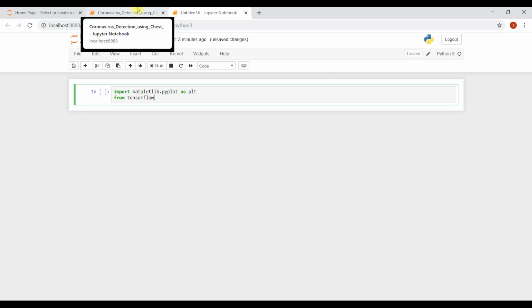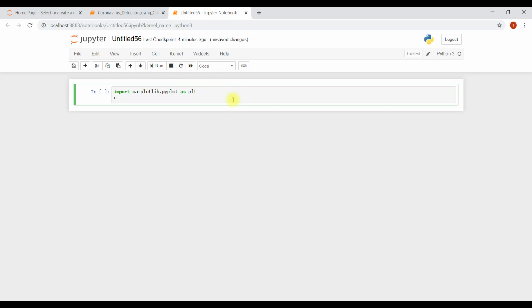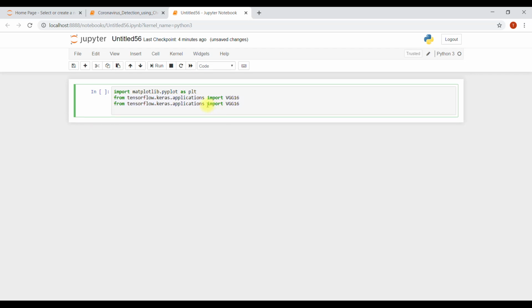Basically from tensorflow.keras.applications, write it with me, import VGG 16, and from preprocessing dot image we're going to import ImageDataGenerator to generate more images.